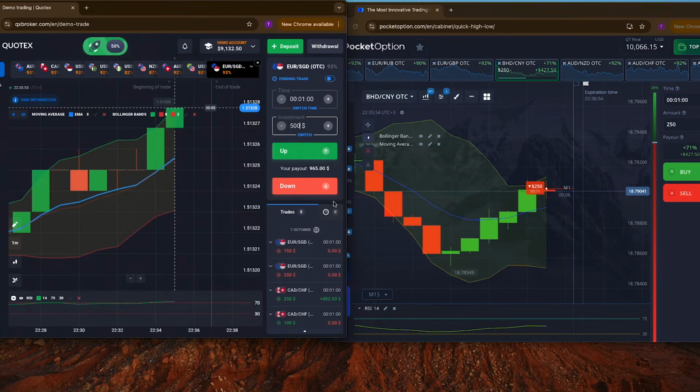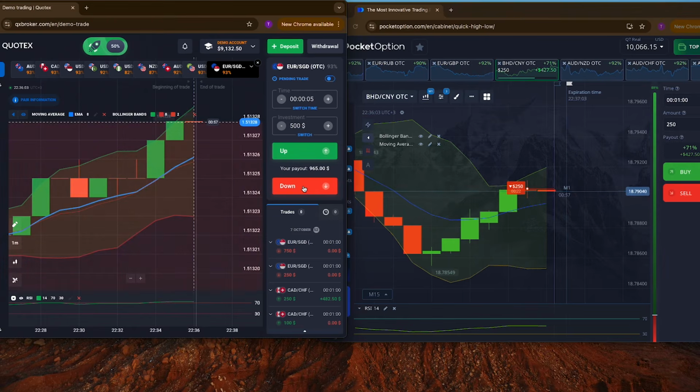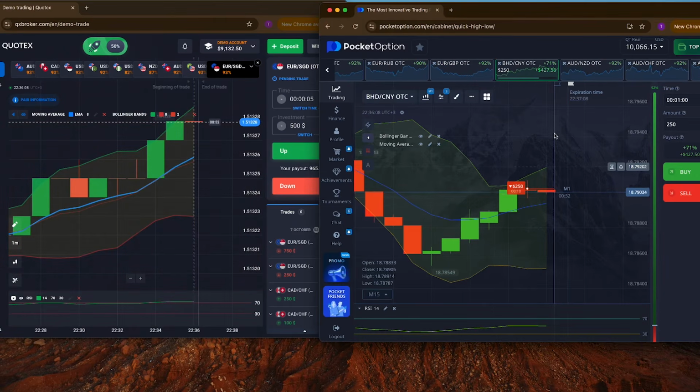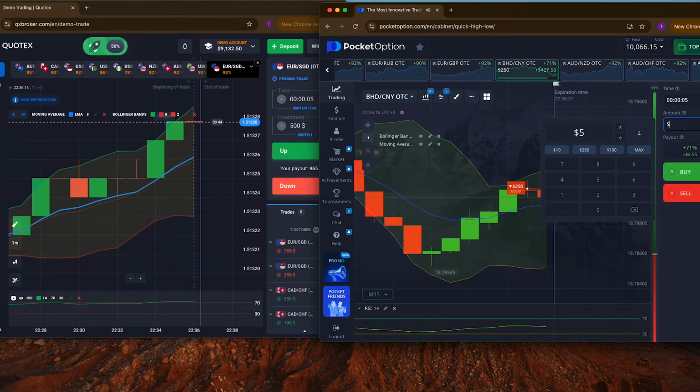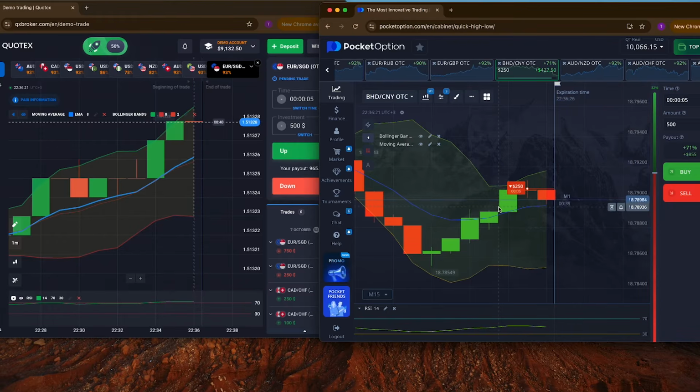Okay, let's switch to 5-second scalping, guys. It will be more fun. Let's just wait for the trade here on Pocket Option. Okay, let's see. But it's probably plus, yes. Well,